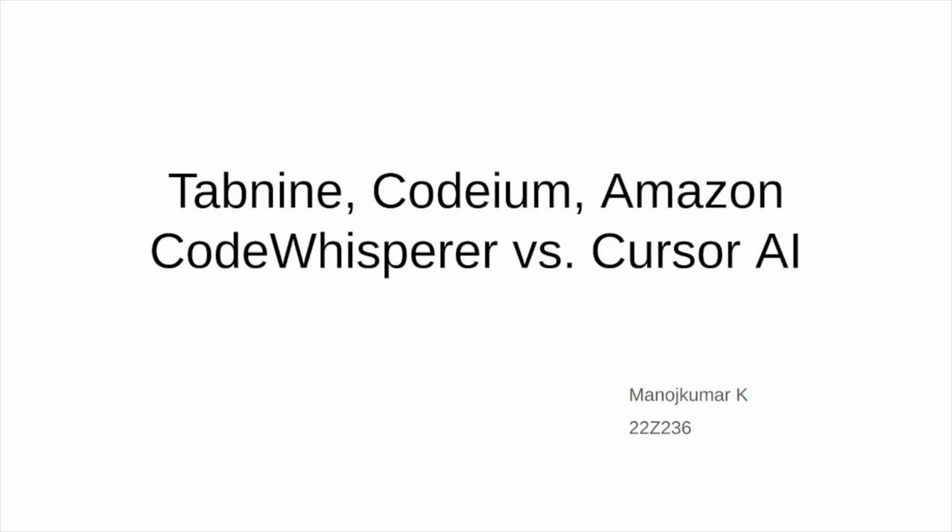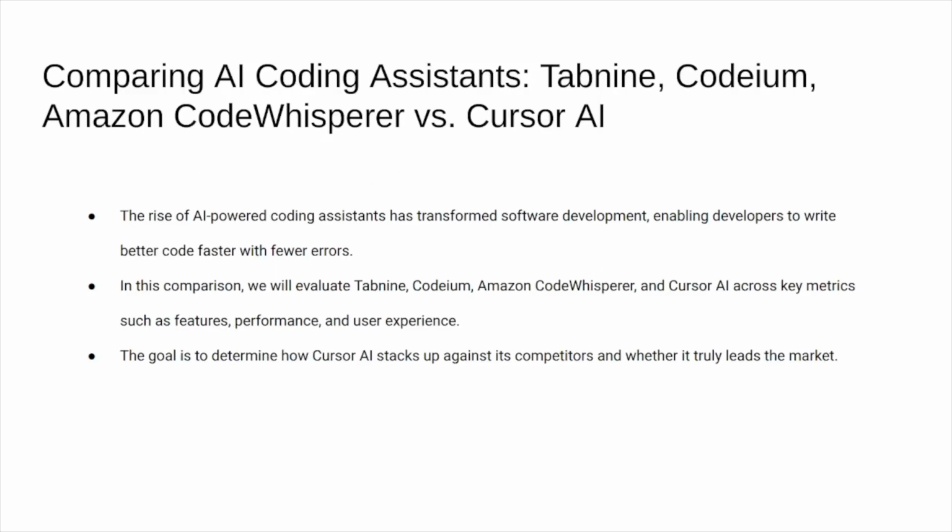I'm going to be discussing the topic Tabnine, Codium, Amazon CodeWhisperer versus Cursor AI. The rise of these AI-powered coding assistants has transformed software development, enabling developers to write more efficient code in a much faster way with fewer errors. In this comparison, we will evaluate Tabnine, Codium, Amazon CodeWhisperer, and Cursor AI across key metrics such as features, performance, and user experience. The goal is to determine how Cursor AI stands up against its competitors and whether it